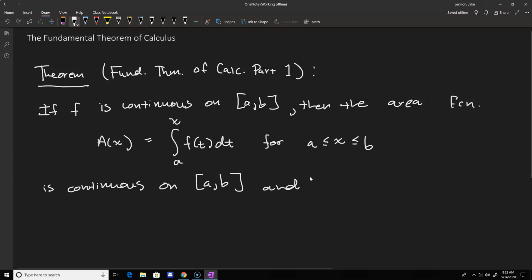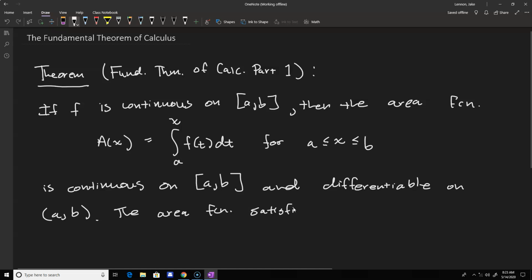And differentiable on the open interval. Again, remember, you can't have it be differentiable on the closed interval because it's a limit, and to have a two-sided limit, you want to be able to have the point be an interior point of that interval. So it's differentiable on this open interval, a to b. So the area function satisfies A prime of x